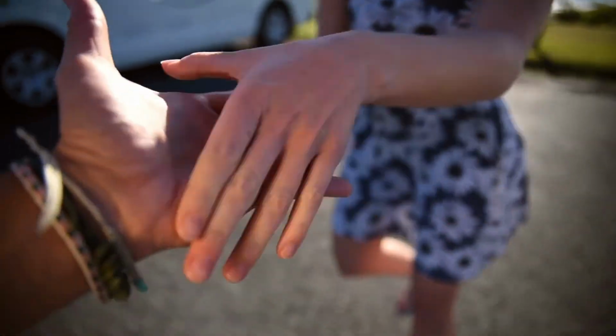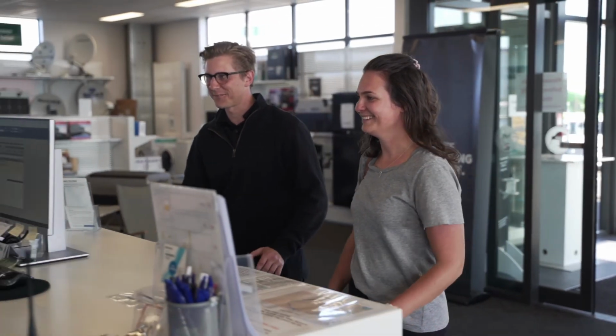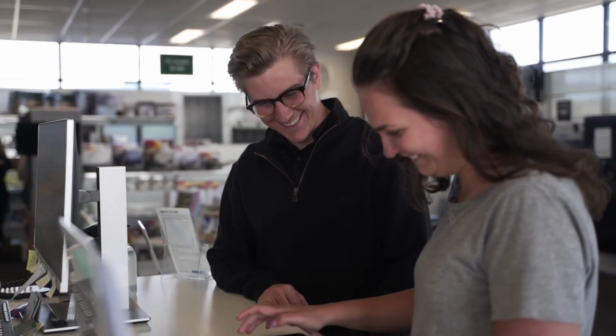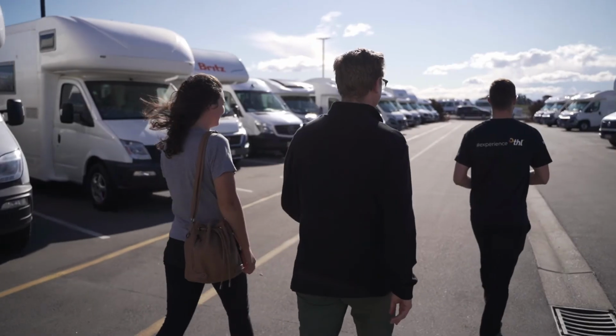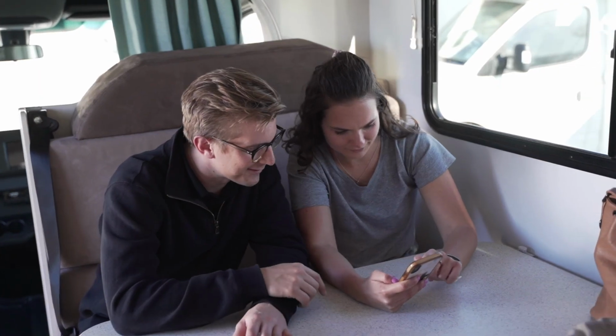Lastly, always remember, have your keys with you when you are outside the camper, as the rear doors lock upon closing. We want to make sure you're completely comfortable before you leave the branch. Please don't be shy in asking your branch host any questions and let them know if anything doesn't seem right with your camper. Once on the road, remember that there's a bunch of helpful videos on your THL Road Trip app,